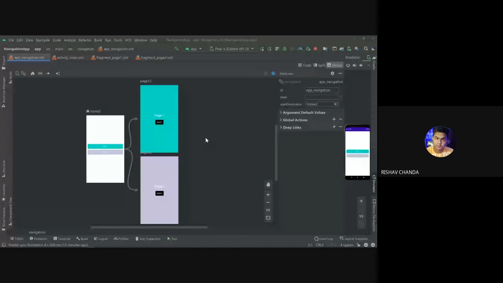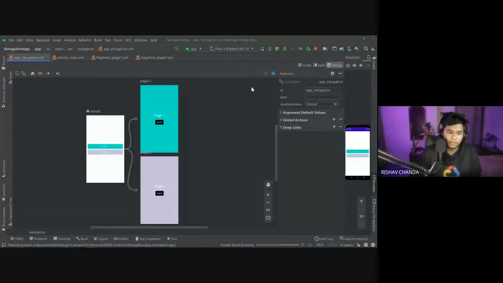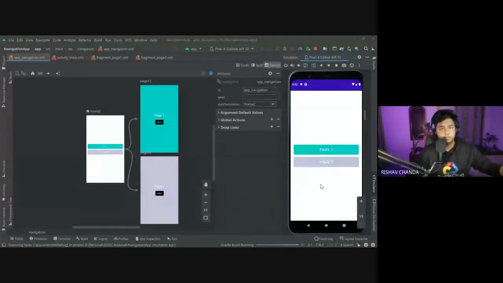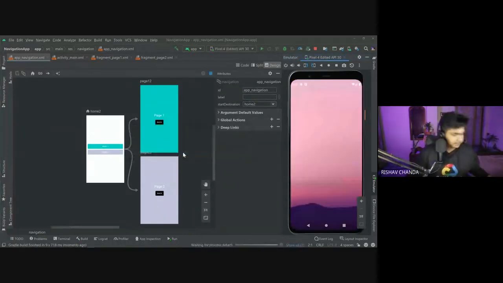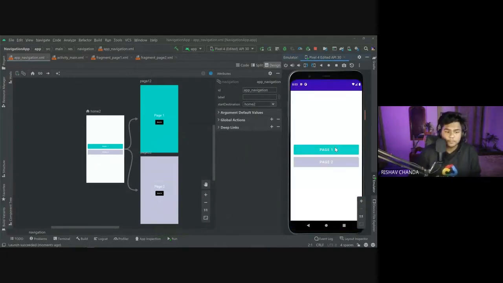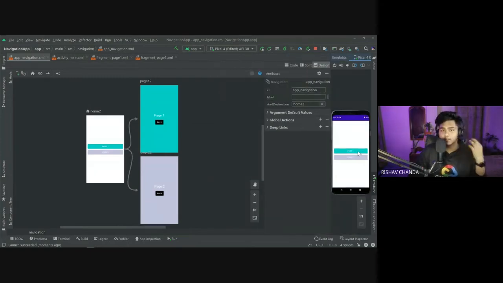Now one thing that comes here is implementing these actions. We have created the actions but we have not yet implemented them. So if you run this app at this point, you can't navigate. If you click on page one, just let it reload. I will show you. If it reloads and you click on page one, nothing happens actually, right? Because we have not defined the action for this button click, but the graph is created for us. So the next thing is implementing the button part.